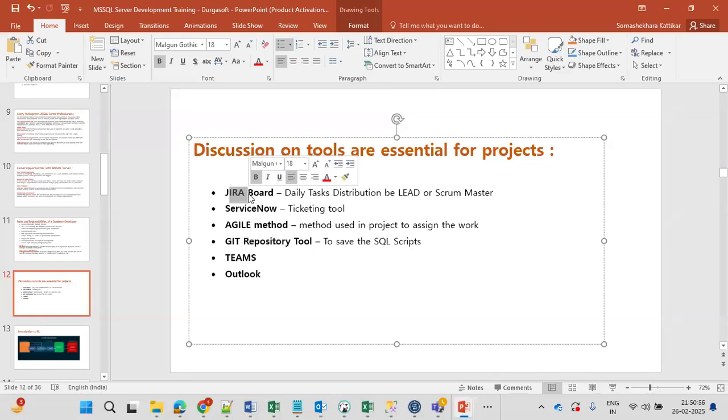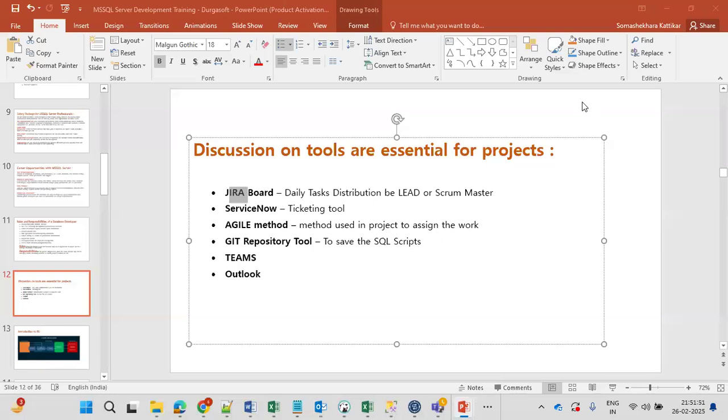See, you are a team member. Daily, you are working on some tasks. I am a team leader, or a scrum master, or a manager. I am going to distribute the work to my team or teammates. Through this Jira board, I am going to assign the work to some associate. I have an employee called Rohit. I am Shekhar, a scrum master or a manager or a lead. I am assigning a task to Rohit. He is my teammate. And I am not going to maintain an Excel sheet. No. You have an Agile Jira board. In that Jira board, you create some tickets, and the ticket is assigned to the developer, Rohit. So, for example,